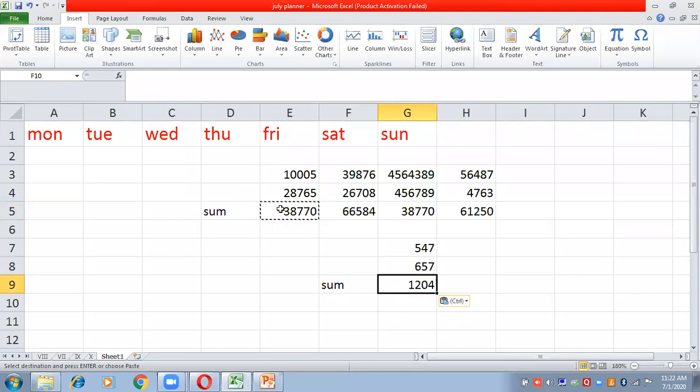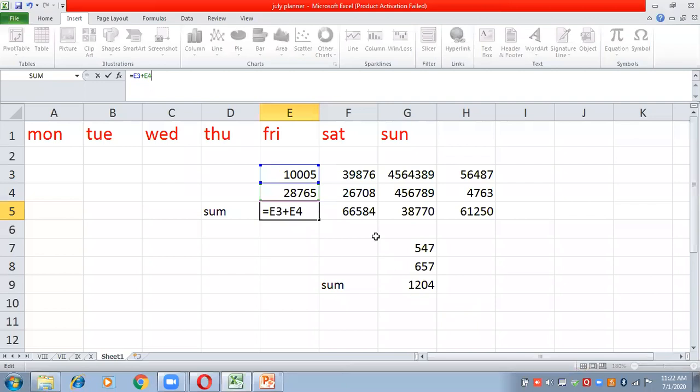See what changes we can see in the formula. Earlier it was E3 plus E4 and now here it is G7 plus G8. Automatically it has changed the name of the column as well as the name of the row. So this is relative referencing where column name and row name both are automatically getting changed according to the cell where we are copying the formula.